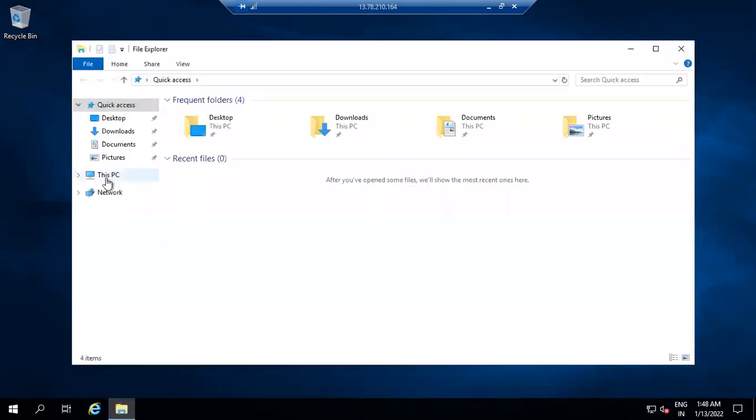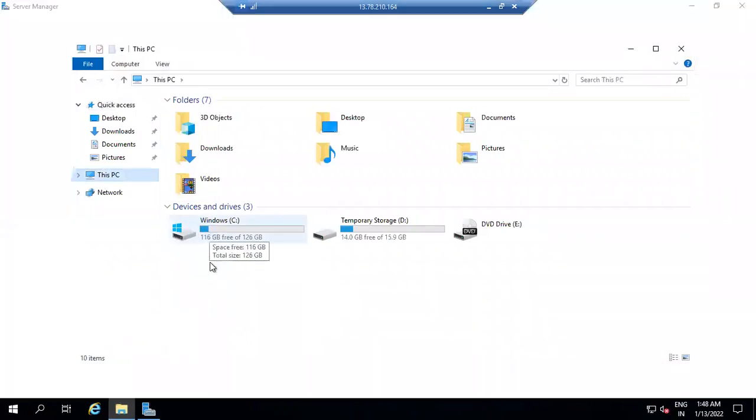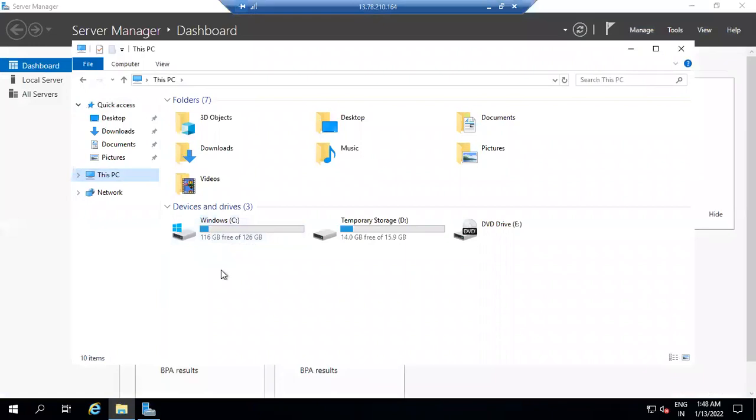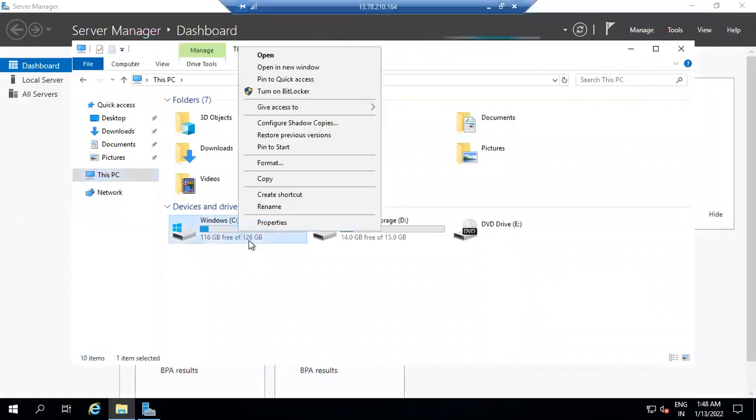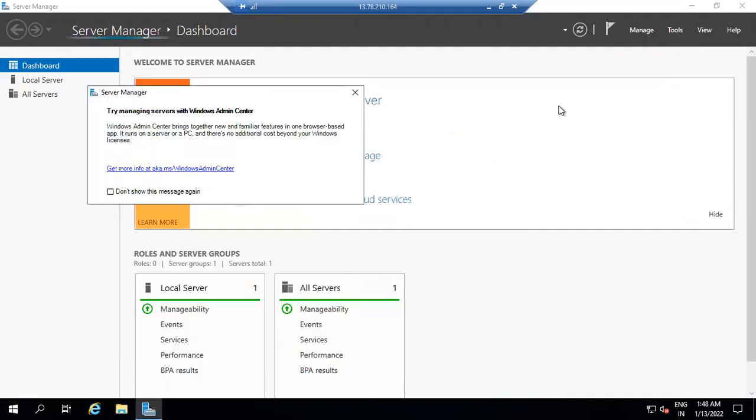As you can see, there is no lock on the disk. The lock is open. There is no BitLocker available on the disk. You can turn on BitLocker from here, but it is not a good practice. You might lose your data. You might lose your server. So the best practice is Azure gives us Azure Disk Encryption, ADE, in the Azure panel.